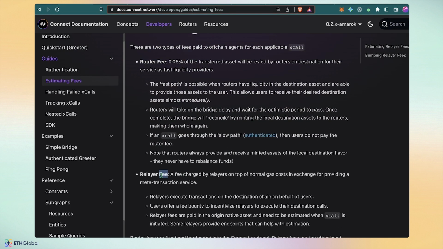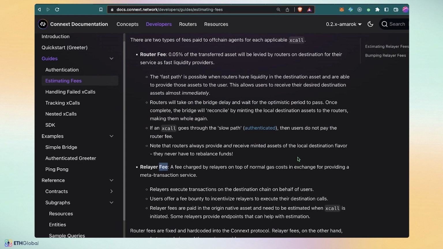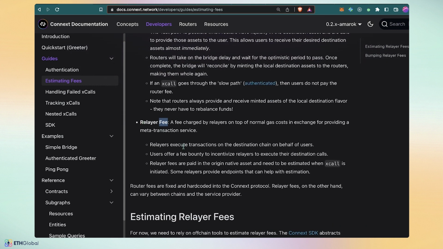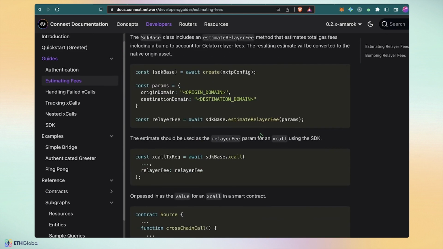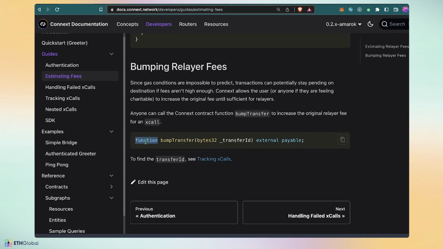Now, for the relayer fee, because we mentioned that there is this off-chain method to calculate the relayer fees, this really depends on gas prices and the current state of gas on the origin and the destination chain. Sometimes the estimate will be under what is actually necessary for the relayers. Like maybe there's a gas war and it causes a gas spike, and the relayer fee you sent in is not enough for relayers. If that's the case, the user has to bump the relayer fee. So there is a way to actually do this directly through the contracts. You can call this bump transfer method on the Connext contract